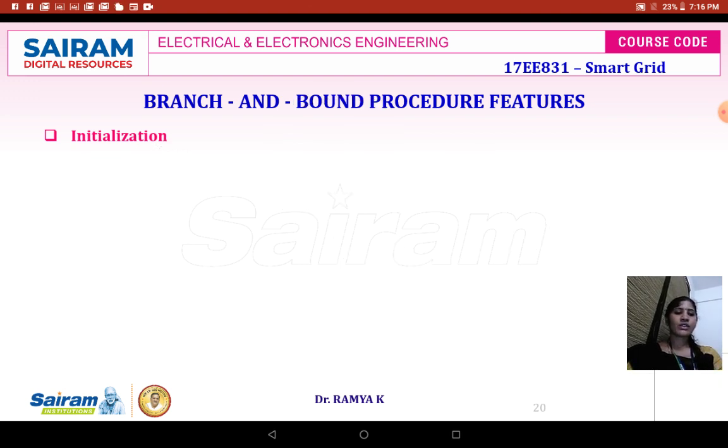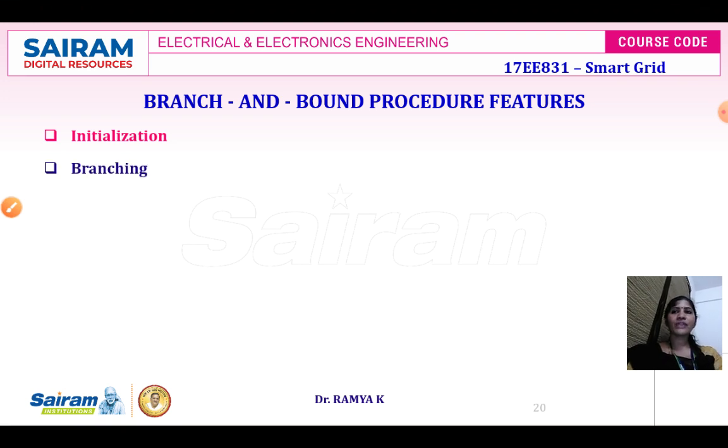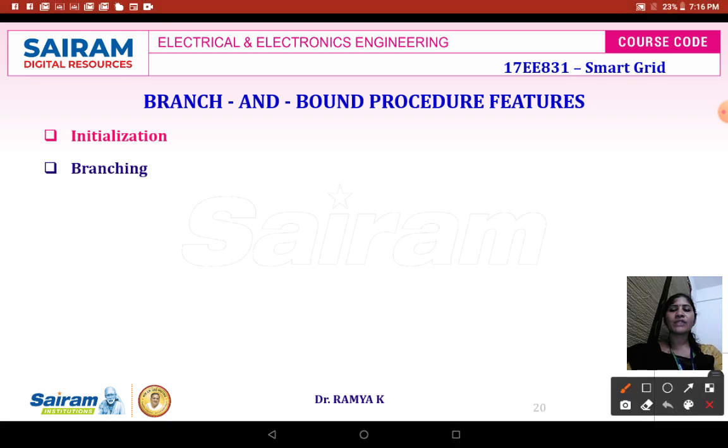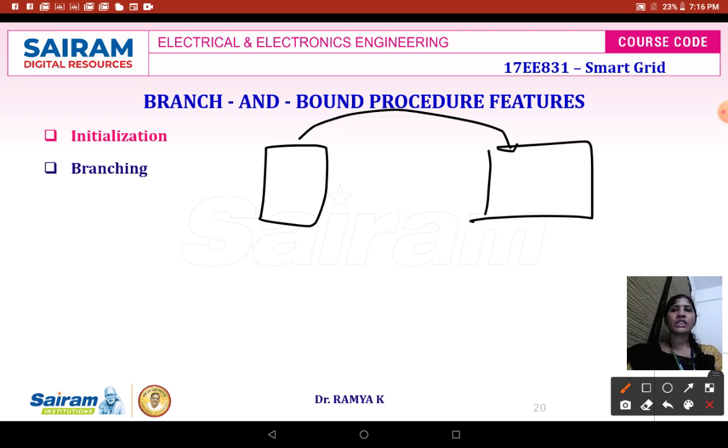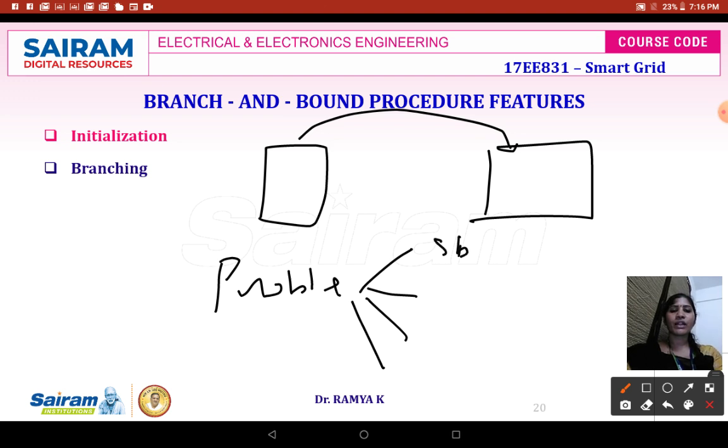The next one is going to be branching. Branching in the sense from one part of your program, it will be moving on to the other part of the program. So in the smart grid computational tool, it will have a problem, and this problem will have several sub problems: sub problem number 1, sub problem number 2.